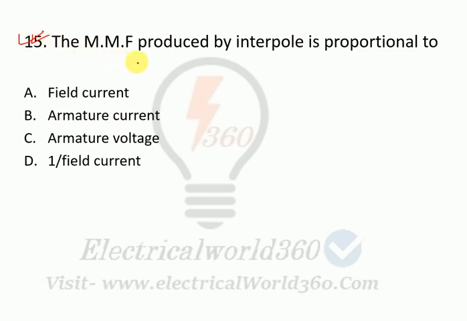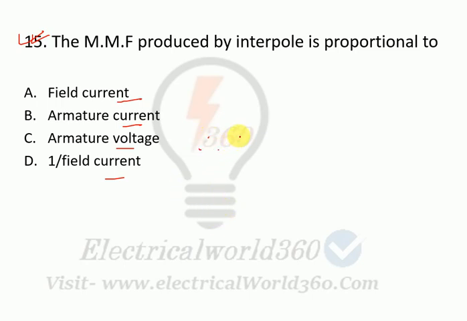The MMF produced by interpole is proportional to field current, armature voltage, or 1 by field current. In this case, we should know the interpole winding has a series connection with the armature winding. So the same armature current flows through them. That means,